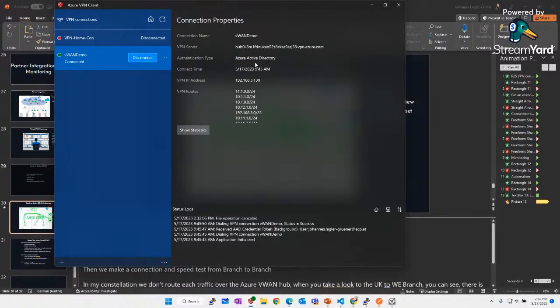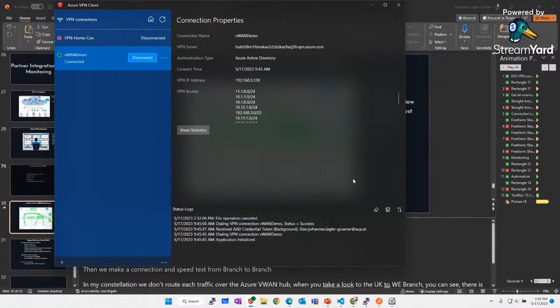When I want to connect, the connection profile asks me to enter my username and password. And from the connection flow, you go to Azure Active Directory authentication and multi-factor authentication, and also conditional access policies.